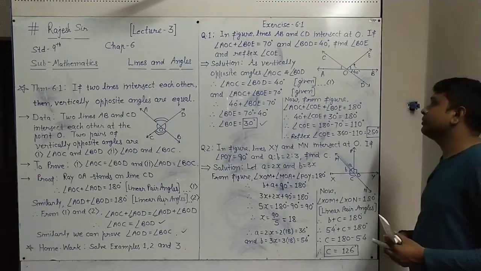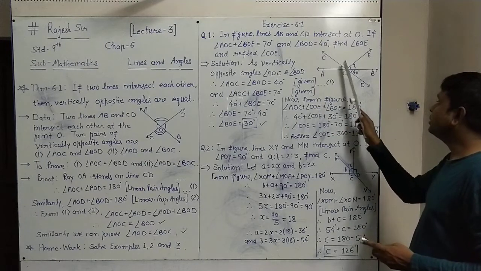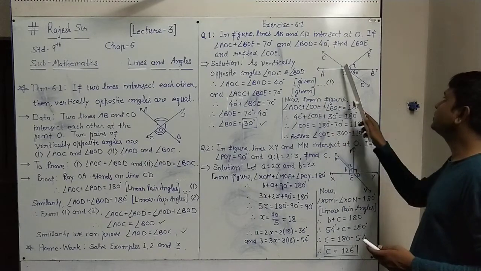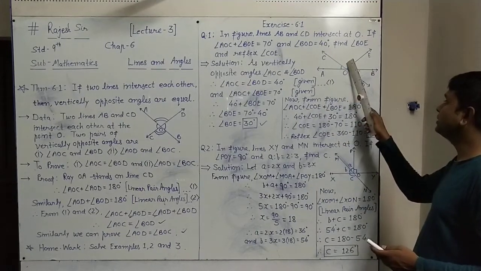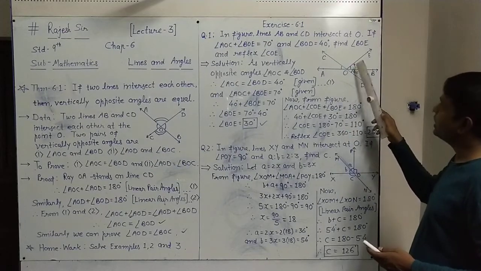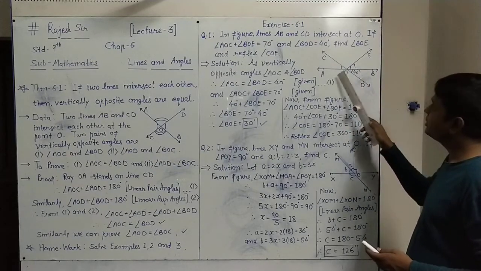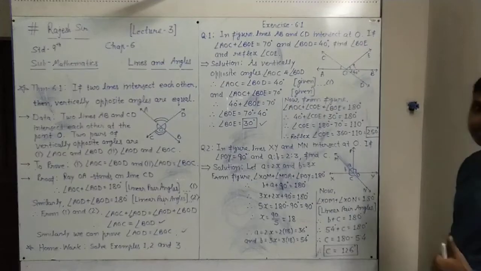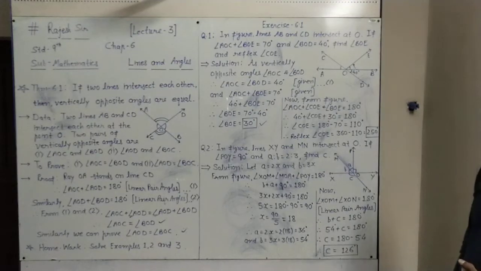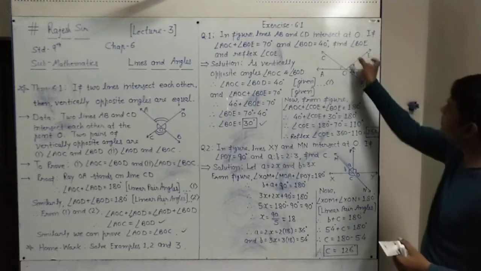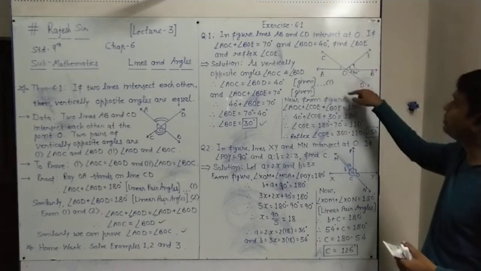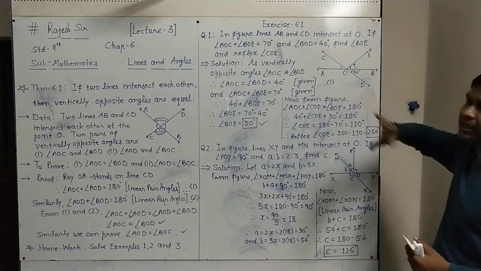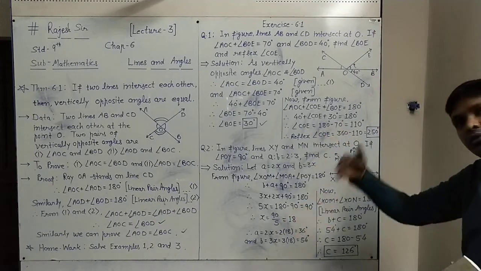From the figure you can see, this part is angle AOC, plus angle COE, this part, plus angle BOE, this part. So this half circle makes straight angle AOB, so we can write it equals 180. The half circle making angles, the sum of 1, 2, 3 angles will be 180, because all three angles are adjacent to one another.